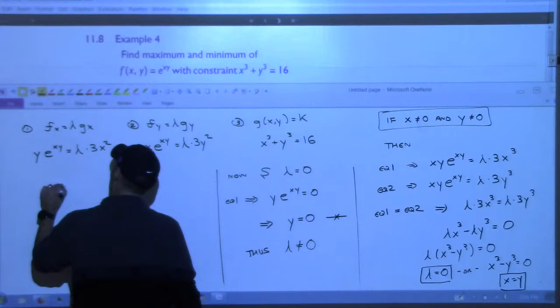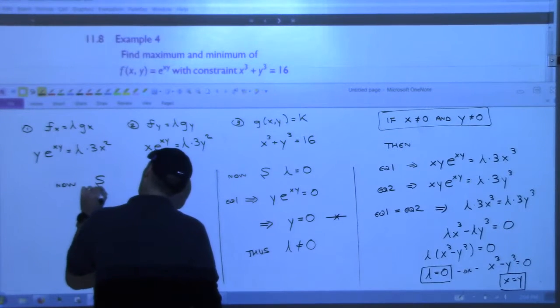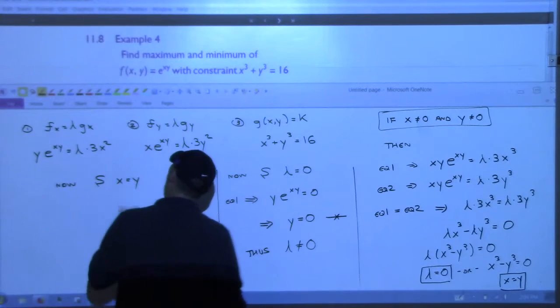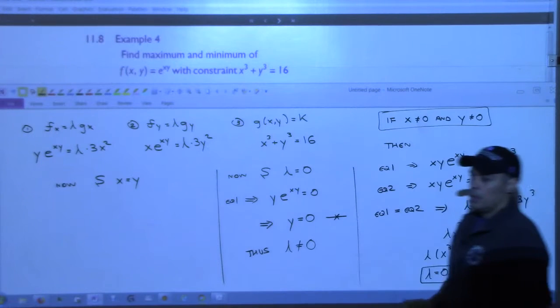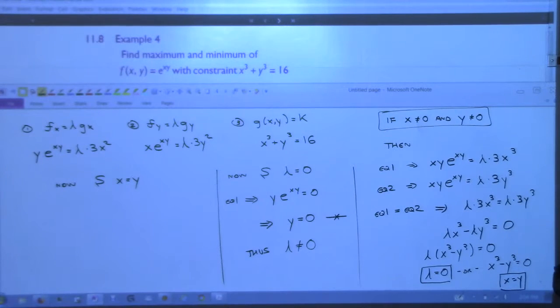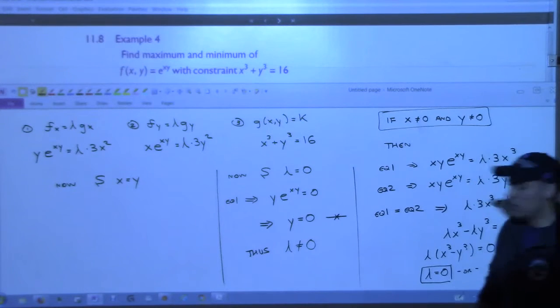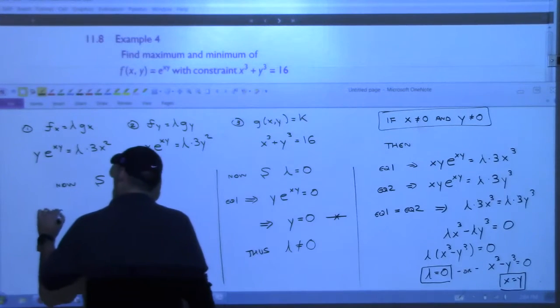So now suppose x is equal to y. If x is equal to y, then what can we say? You can use equation 3. Equation 3. Look at equation 3. Equation 3